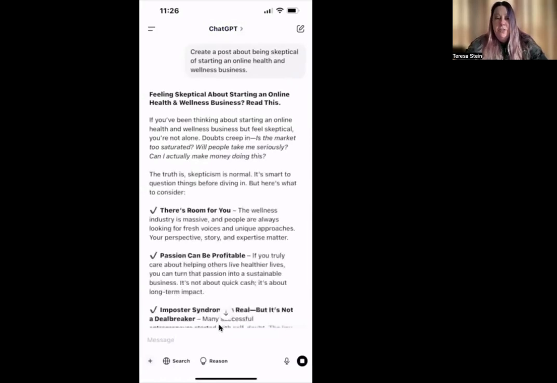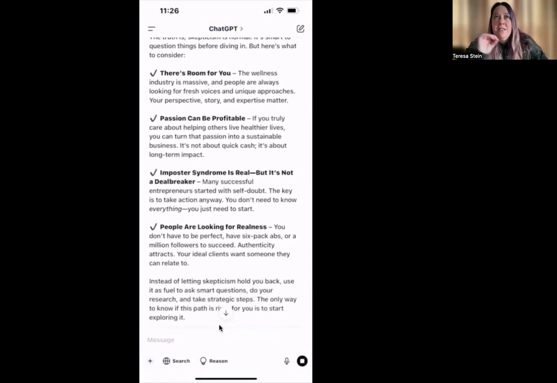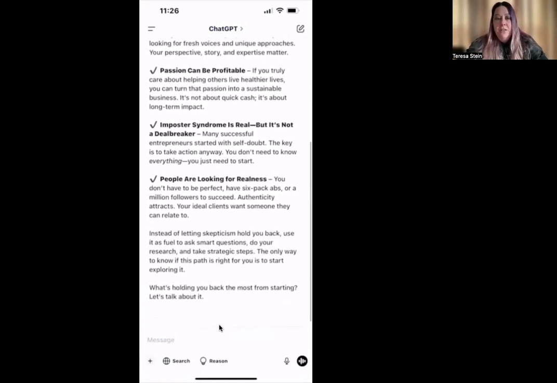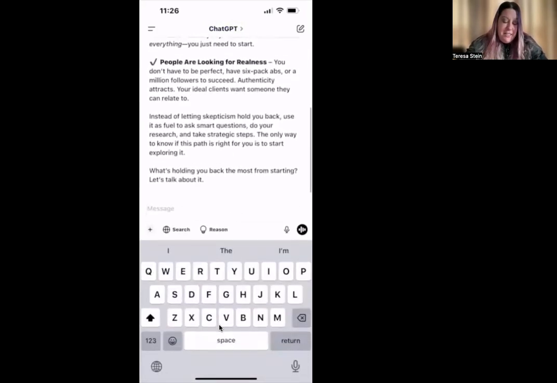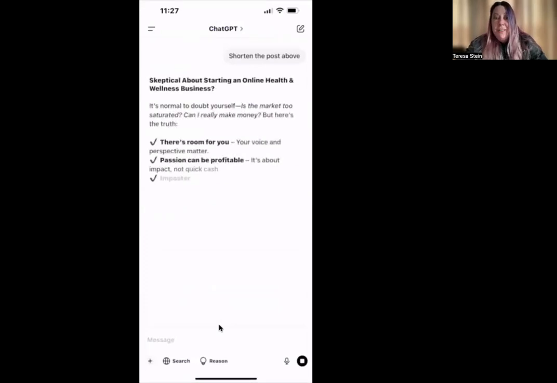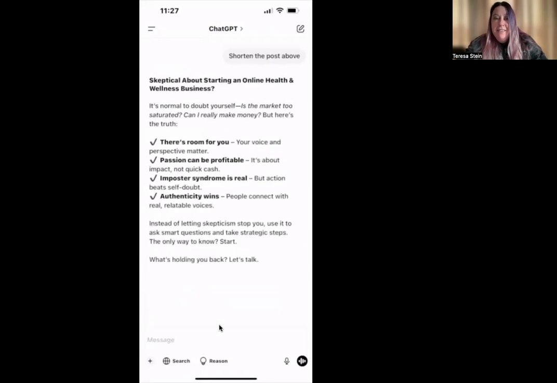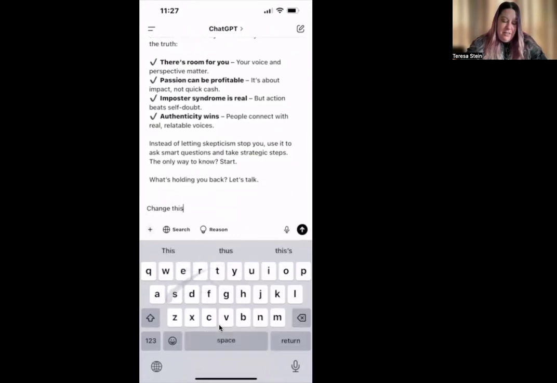Now it's going to send all this stuff. However, I wasn't as specific as what I wanted it to do. So, you could post this. However, you can change it up to make it yourself, or you can tell ChatGPT, shorten the post above. You can tell it to shorten it. There you go. Lots shorter. You can tell it to change it. Change this post